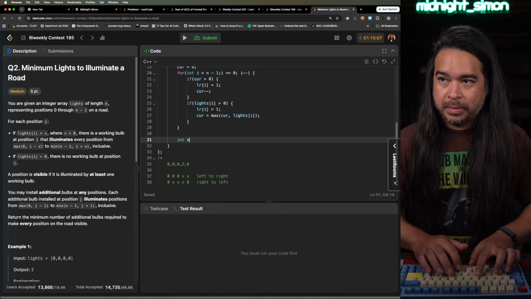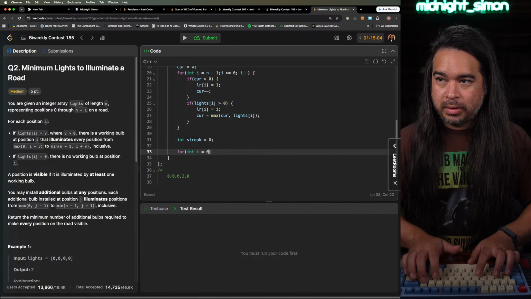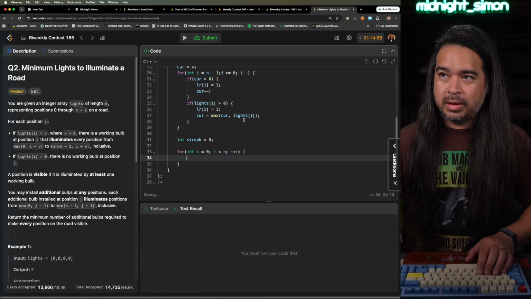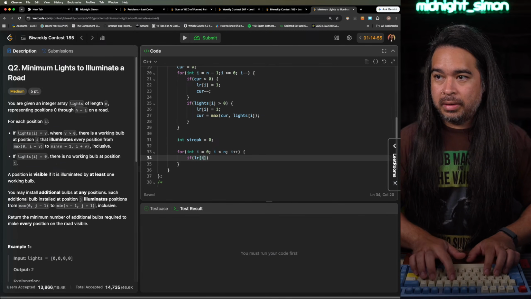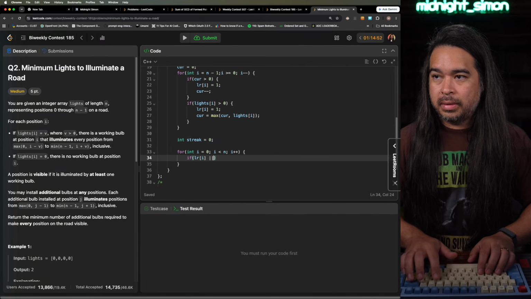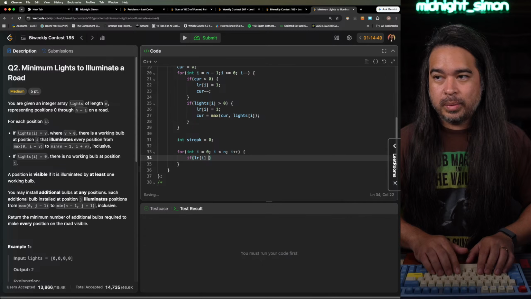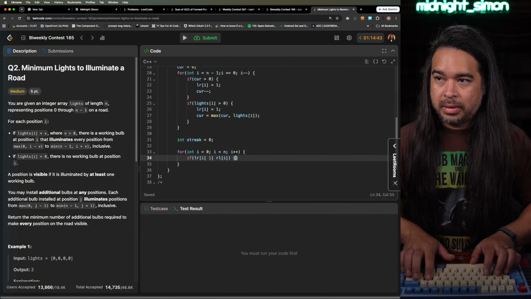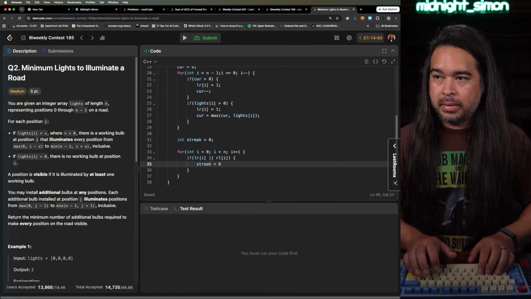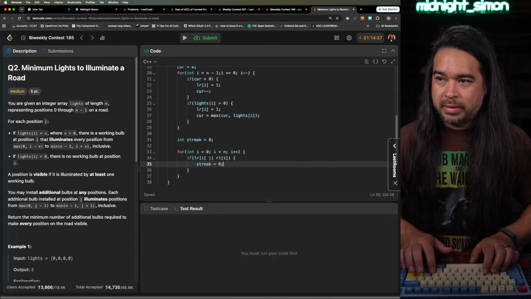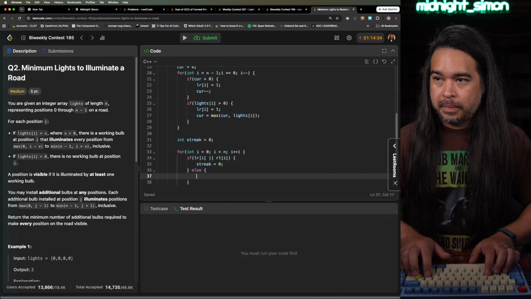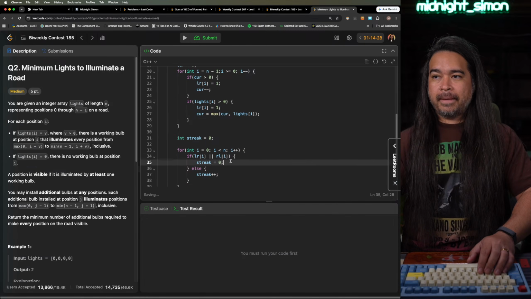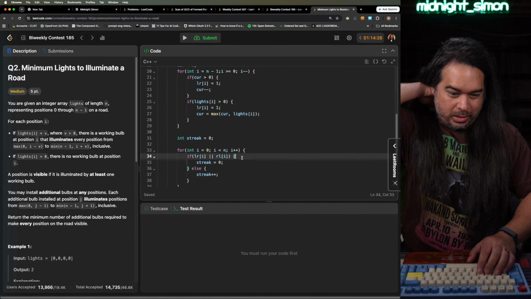All right, here we go. So I'm iterating through right now. And I'm gonna say if left to right is 1 or right to left is illuminated, then we're good. But if it's not illuminated, increment my streak. Every time it's good, I'm gonna have to add